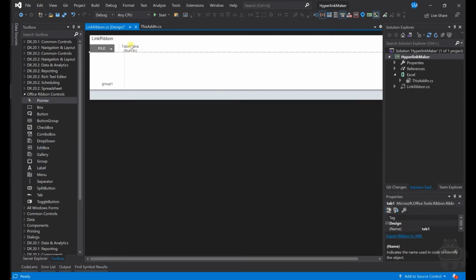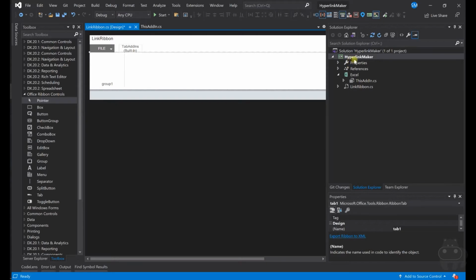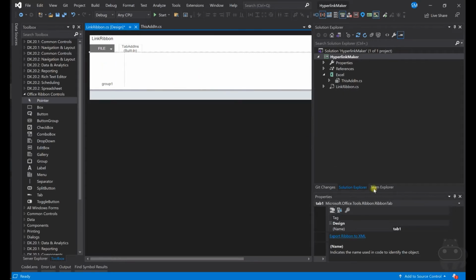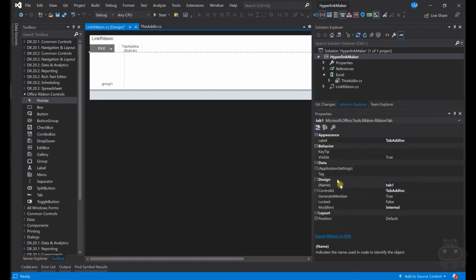The thing about the ribbon is that if you are building it for your company or something, you might want to name a separate ribbon. And then if all the ribbons have the same ID, this is a separate project, right? What if you want to build another project and that project also should share the same ribbon? Because here you are going to add one button which will do the hyperlink making for you, and your colleague will be working on some other project where he also needs to add some buttons. So in such cases, the common ID is, when you select the tab, the control id.